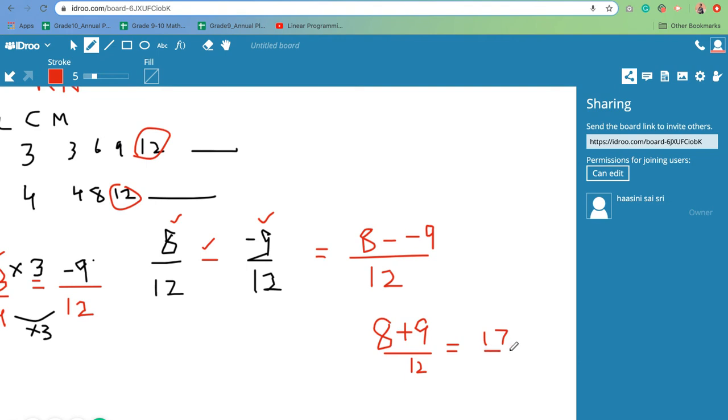This is how you add rational numbers. Till you make the denominators same, you will be using the fractions method, whatever you learnt in fractions. This is the place where you're going to use addition and subtraction of integers. That's why before you learn how to add and subtract rational numbers, you should be perfect with addition and subtraction of integers. If not, you will make a lot of mistakes.